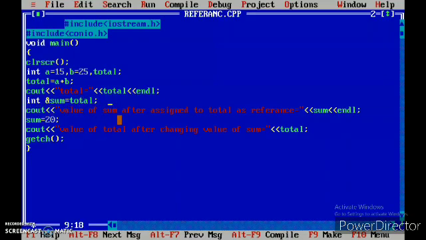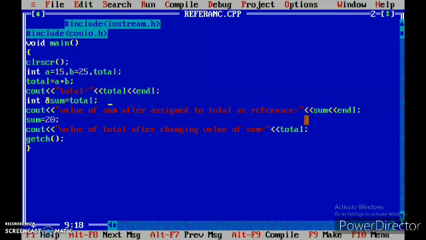See, we output the value of sum after assigning it to total as a reference. That means the total variable is assigned some reference name, and then we are using that reference name to display the answer of addition. That is, we are using the sum variable.